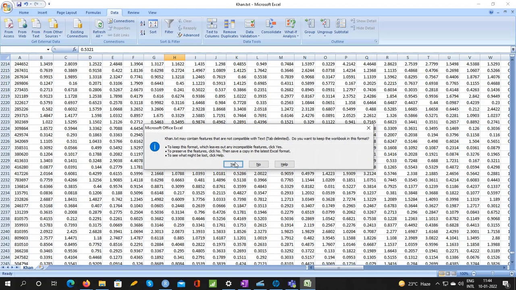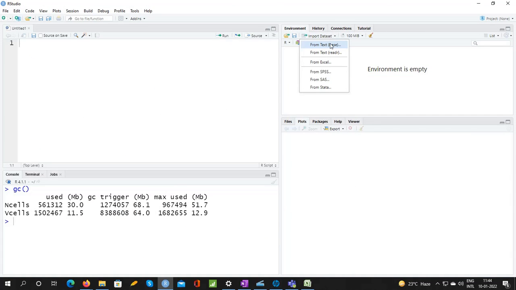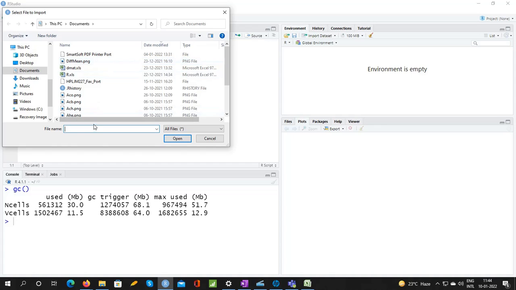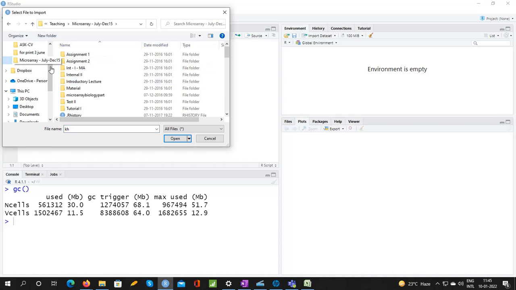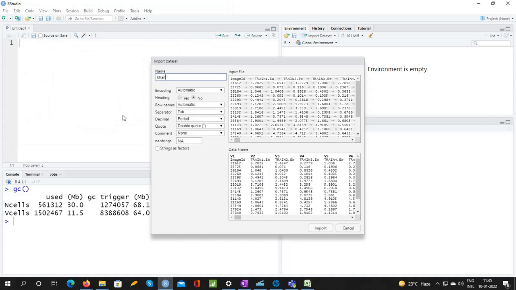Okay, so let me save this and let me try to import it again. Okay, now I don't have that error.